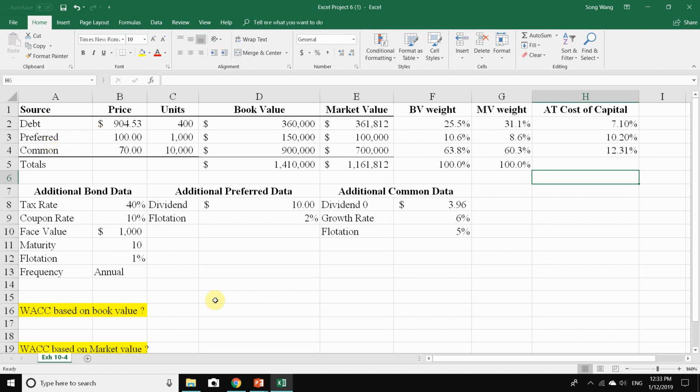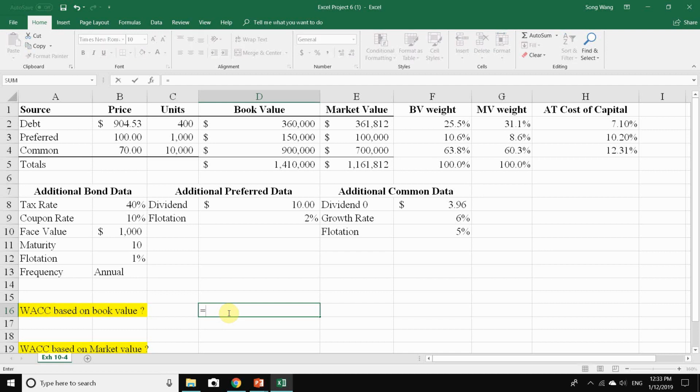Okay, so now you get all the costs of capital at the after-tax level for all types of capital here: debt, preferred, and common. And now it's time to solve for WACC. So for the WACC, you know that it's the weight times the cost of capital for each individual type of capital, and then you add them up. So for the book value weight, you use this percentage for debt times this after-tax debt cost, and then weight times cost of capital for preferred plus weight times cost of capital for common. Hit enter. All right, so that's your answer